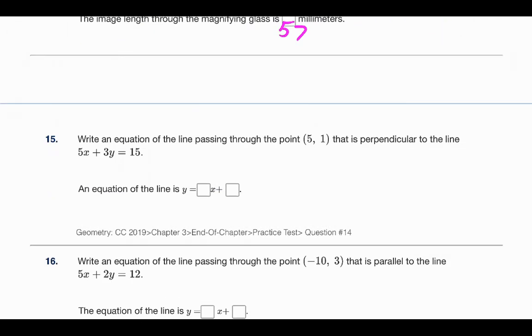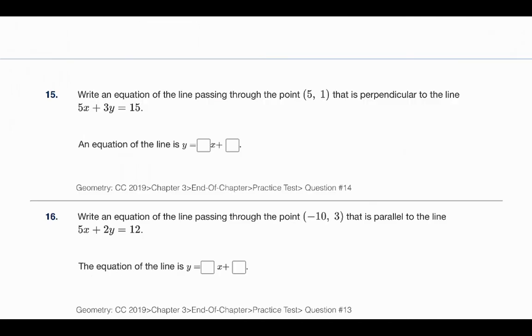All right, our last two are our review questions that we're having little problems with. So the first one: write an equation of the line that is passing through the point (5, 1) and is perpendicular to the line 5x plus 3y is equal to 15. First thing you have to do is get that into